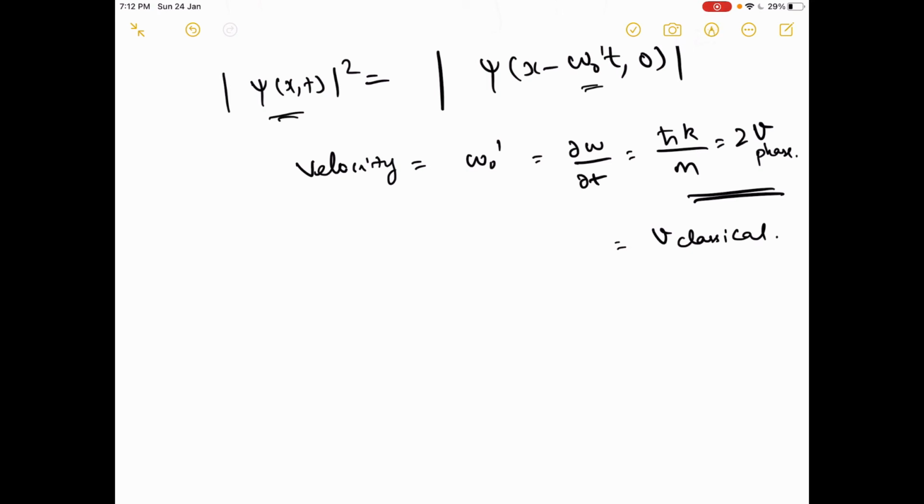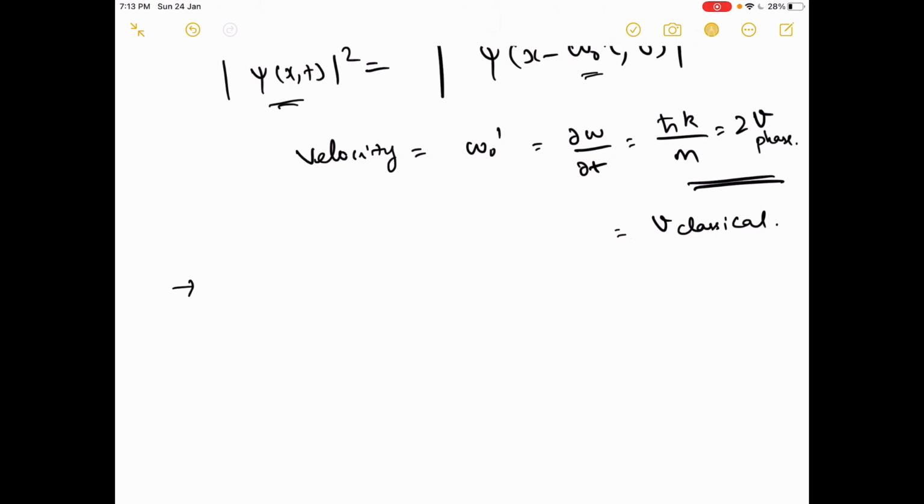right? So the velocity of a wave packet, if you have a summation of several plane waves, then that velocity will be very similar to the velocity of the classical particle if you have a localized psi k, or if you have a particle which is relatively free. For a particle which is relatively free,